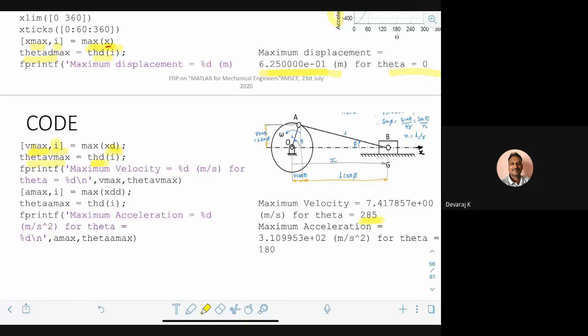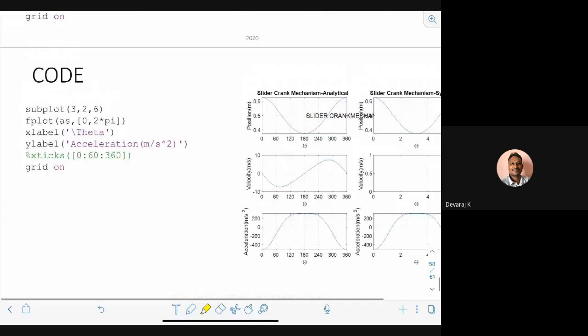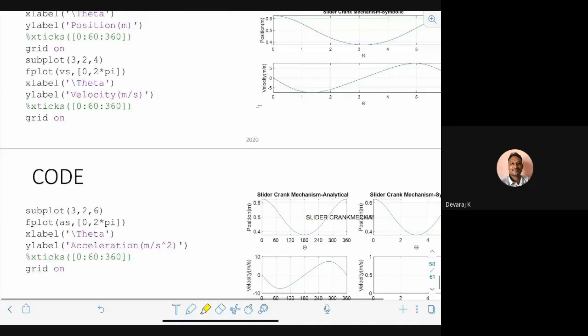Similarly, you can always find out the acceleration also, and you get the maximum acceleration at the extreme position because the direction changes there. Now, why did we require the subplot? Velocity is in terms of meters per second, displacement is in terms of meters, and acceleration is in terms of meters per second square. Therefore, we have all these three graphs coming into the picture, one below the other. Okay, so